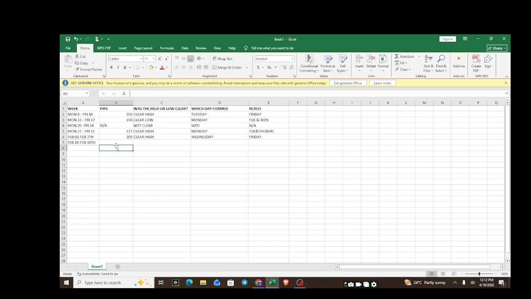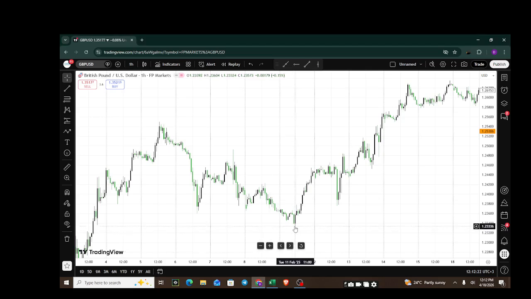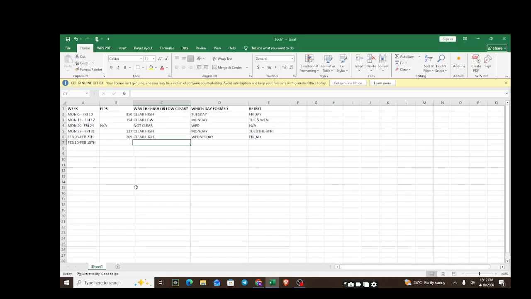So how many pips did this price go? So let us say that we had a very clean high or a very clean low. So between the weeks of Monday 10th up to Friday 14th, we had a low of the week formed on Tuesday 11th. So this low was very clean. Not only clean, but very clear low. And price went, okay, it was formed on Monday. Then it retested on Tuesday. And then,